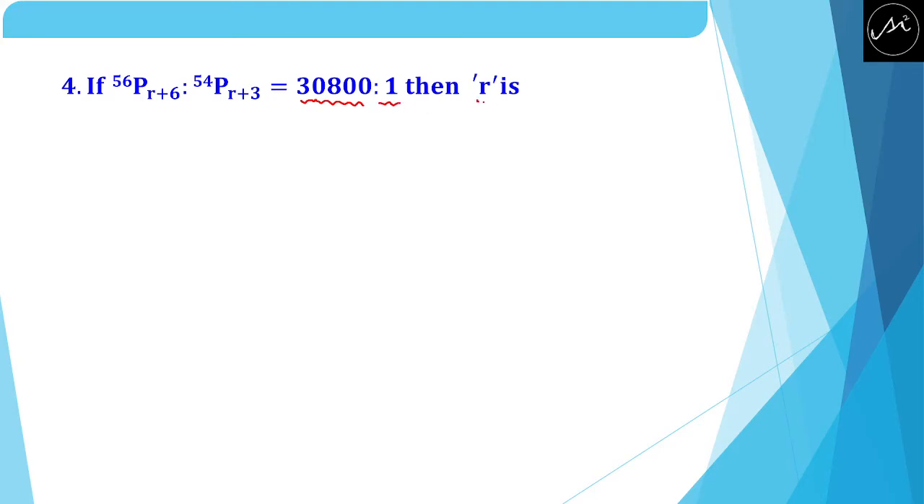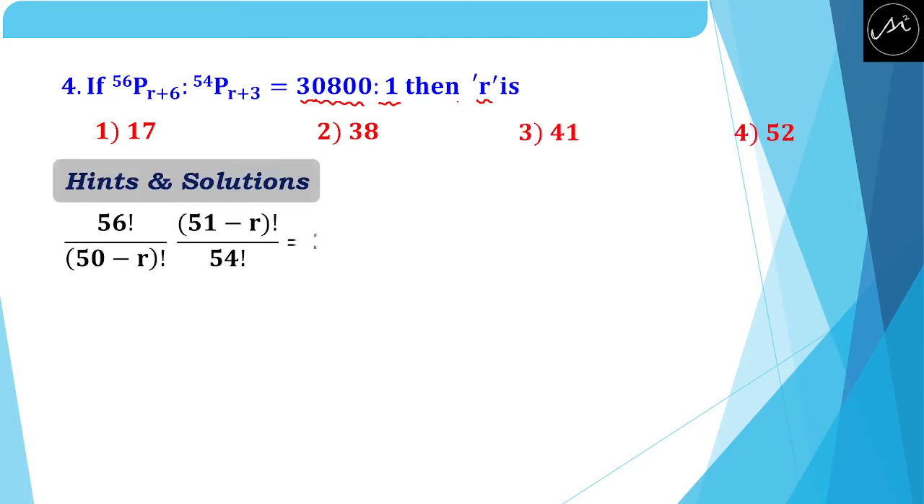Now we can go for the fourth problem. If 56Pr+6 is to 54Pr+3 is equal to 30,800 is to 1, then r is 17, 38, 41, 52. So here you can write using the formulas, that is 56 factorial divided by (50 minus r) factorial, multiplied with (51 minus r) factorial divided by 54 factorial